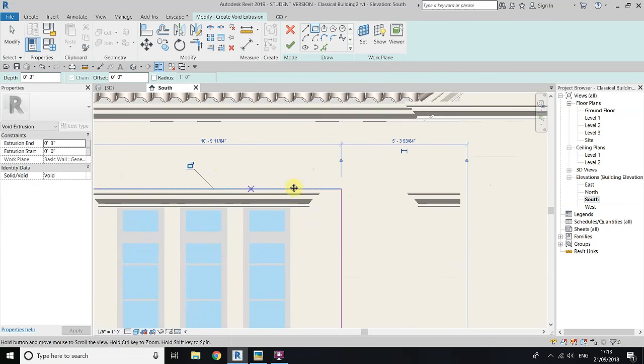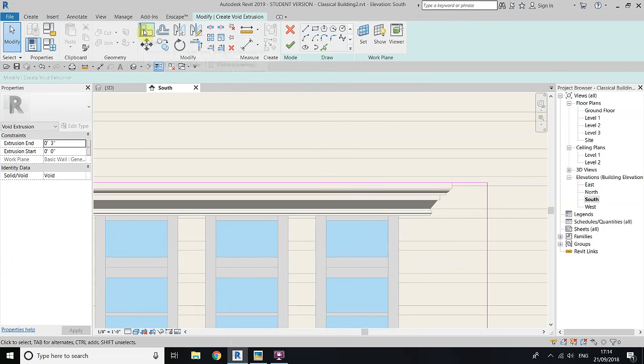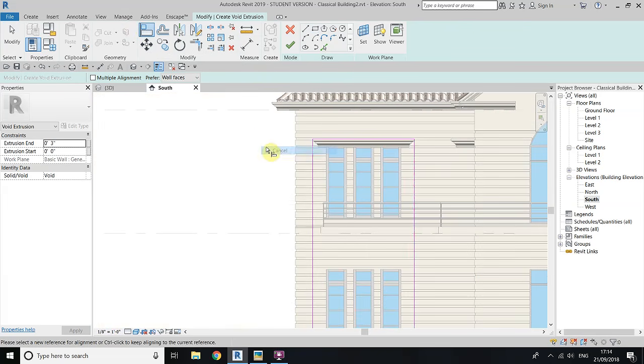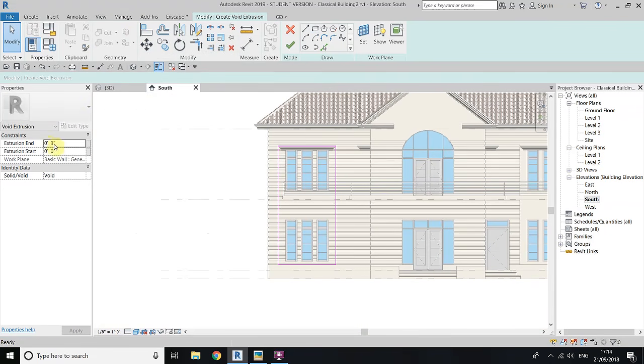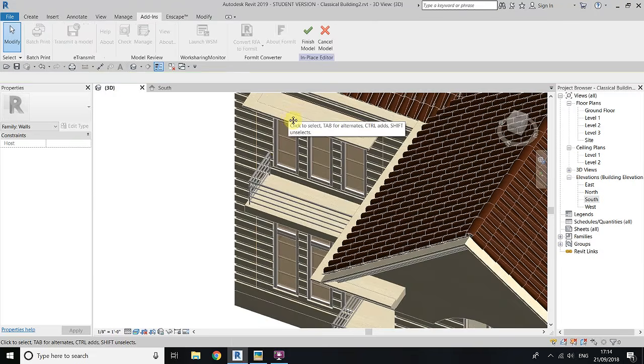It's lagging too much because the file is very heavy now. Just use this align and align this line to the corner of this fascia and just give it 3 inches and go OK and just go to 3D and